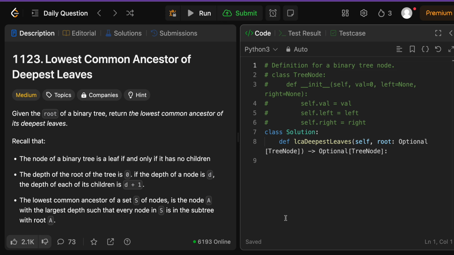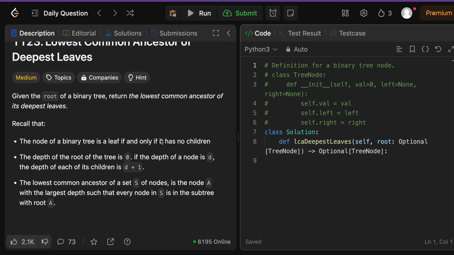Hey everyone, welcome back, and today let's solve Leetcode problem 1123 titled Lowest Common Ancestor of Deepest Leaves. So we're given the root of a binary tree and we want to simply return the lowest common ancestor of its deepest leaves. Now we need to also recall that the node of a binary tree is considered to be a leaf node if and only if it has no children, or no child nodes, meaning no left and right